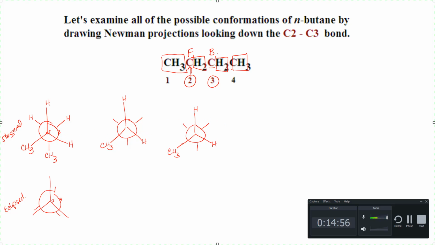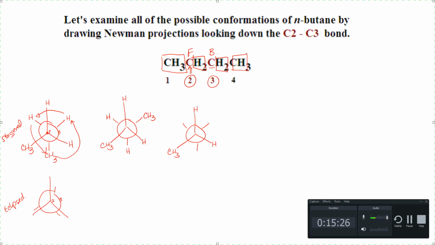So I keep the front carbon exactly the same, and now I'm going to rotate the back carbon. Clockwise or counterclockwise, it doesn't matter. Let's go counterclockwise. So let's move this methyl group up here to that hydrogen position. So I'm going to rotate that methyl group to that position. At the same time, I'm going to rotate that hydrogen over here, and I'm going to rotate that hydrogen down here. So this is a second